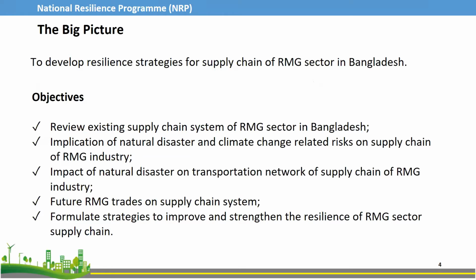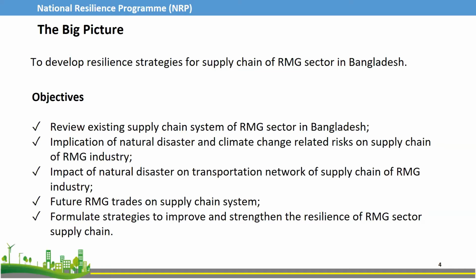So from the big picture, the idea was to develop resilient strategies for the supply chain of the ready-made garment sector in Bangladesh, because the Bangladesh economy heavily depends on this sector. And we set some specific objectives for this project. The first one was to review the existing supply chain system of the RMG sector, and then the implication of natural disasters and climate change related risks on the supply chain of this RMG sector,